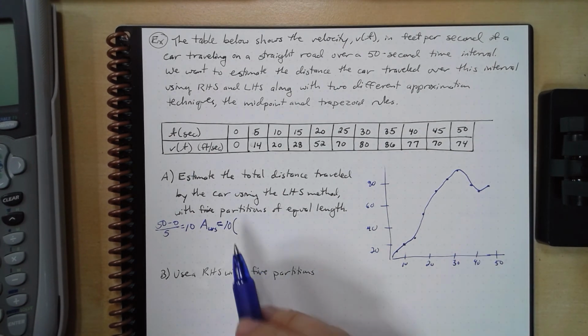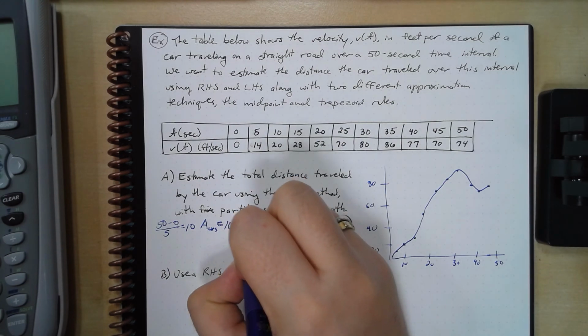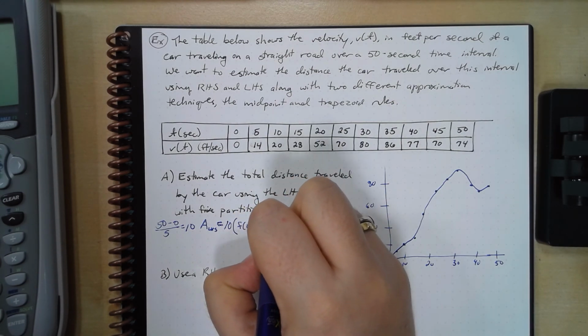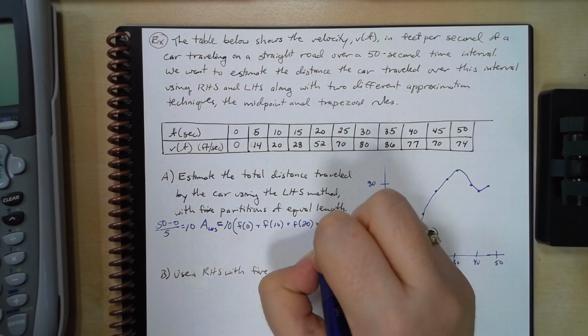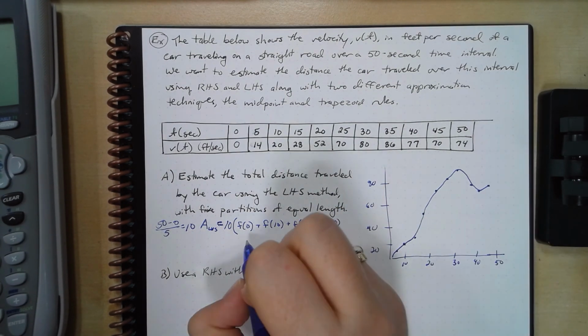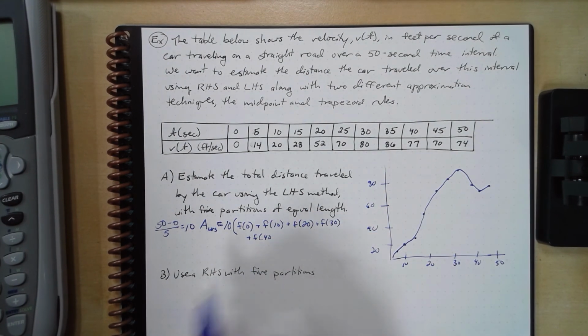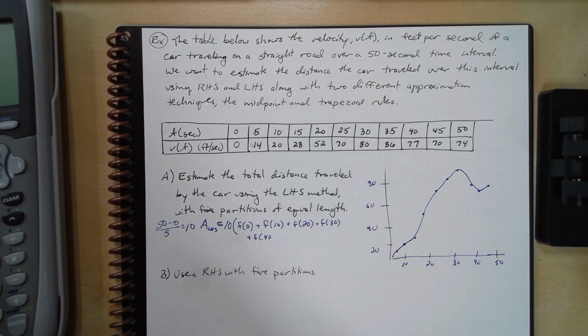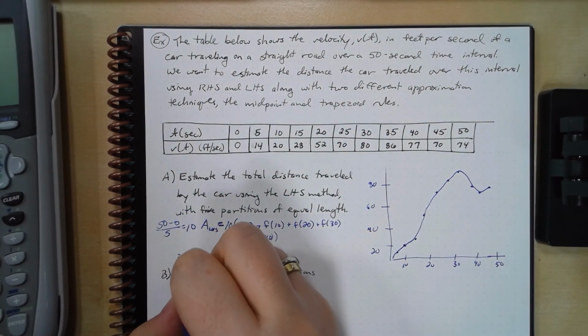So we're going to have f of 0 plus f of 10 plus f of 20 plus f of 30 plus f of 40. 1, 2, 3, 4, 5. Oh goodness, do I have to do this 5 times? One second. Yeah, 5. I don't know what I was thinking. Okay, so this is going to be equal to 10 times